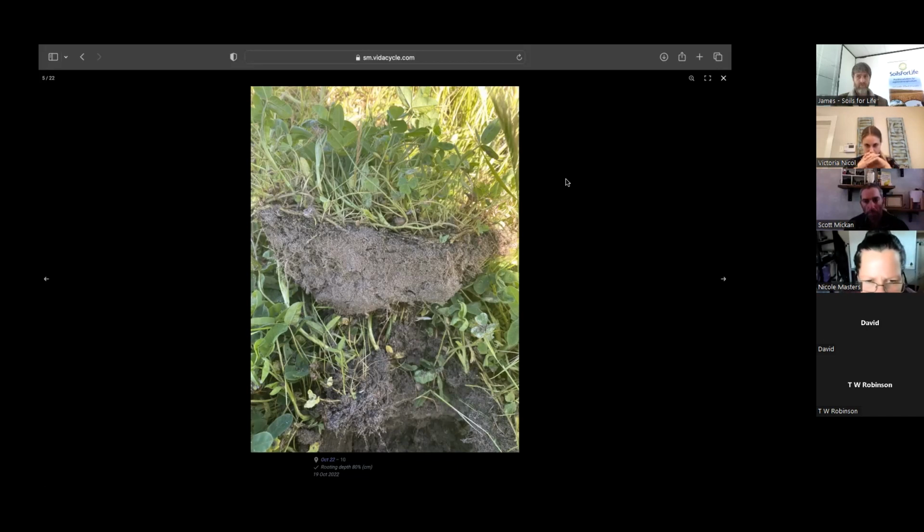Yeah, and I mean they do have smaller nodules anyway, but you see the root systems are not very well developed, and you can't really see very good nodules in that. So thinking about